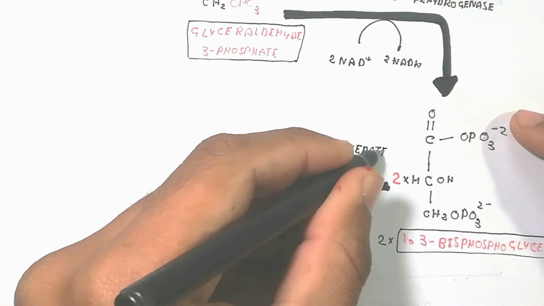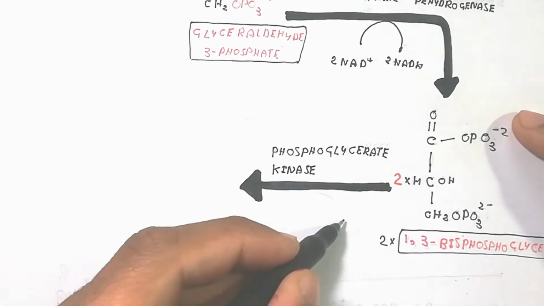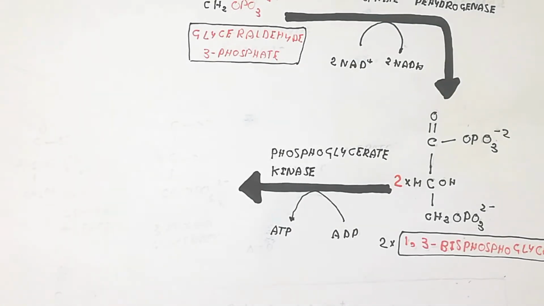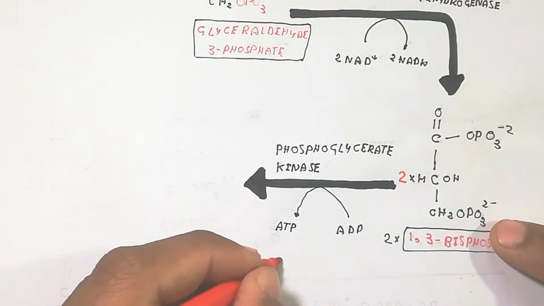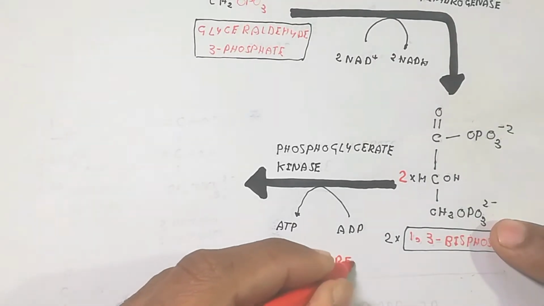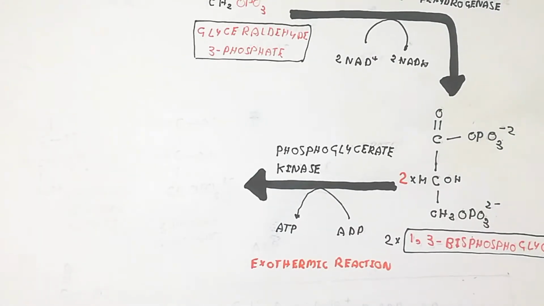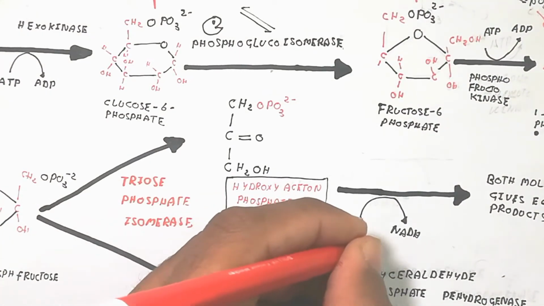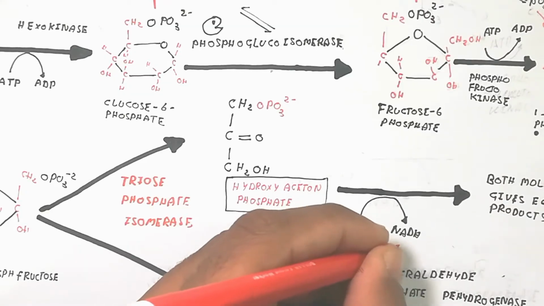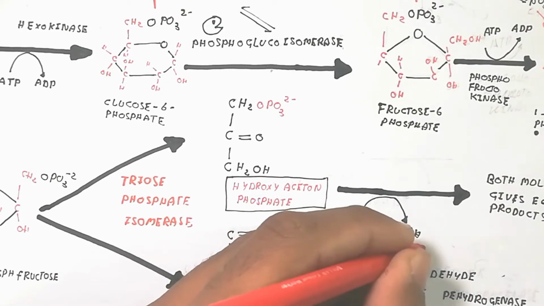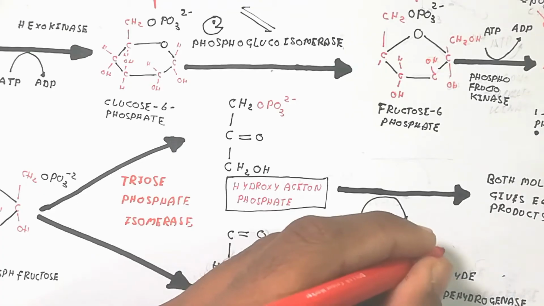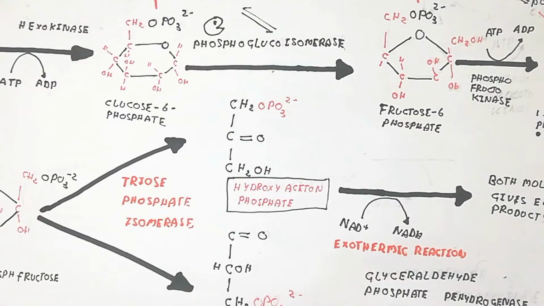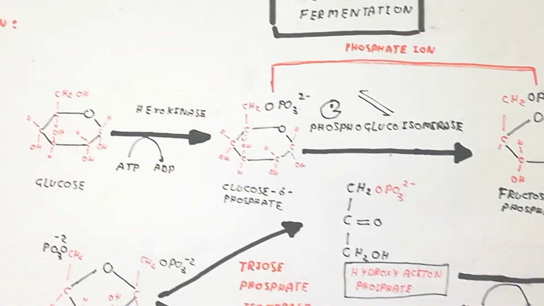So two molecules will be produced due to the splitting of molecules, and both chemical reactions are the same. Next, phosphoglycerate kinase is used; that is endothermic, because energy is used and goes inside. Here is the exothermic reaction, where NADH is reduced from NAD plus. That is exothermic, because energy is lost from the molecule.